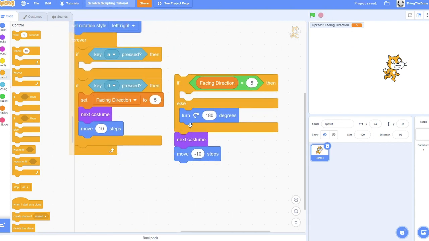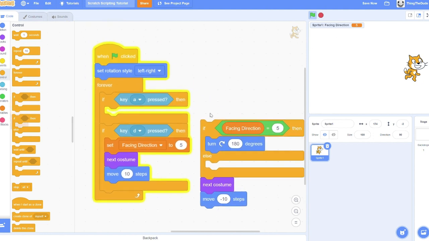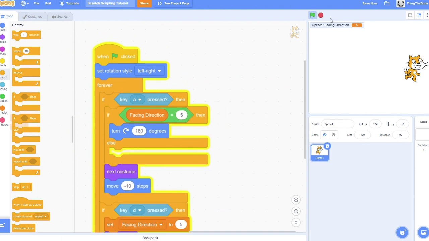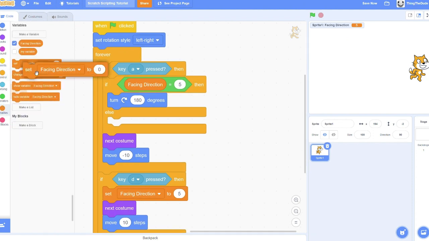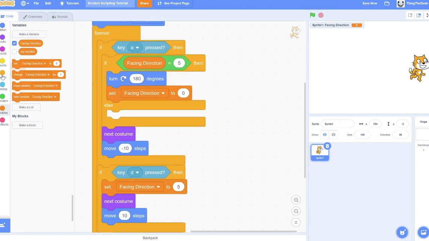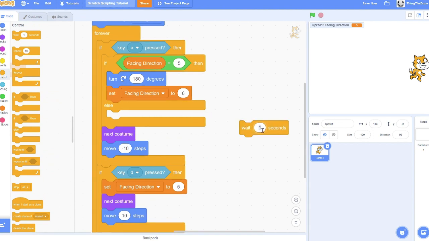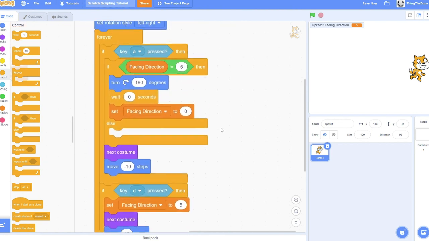So if it is 5, let's just move this from there to here. If it is 5, then we want to rotate. So if we're walking here, it'll be like, do. We actually gotta put this in here. If we're walking over here, it'll be like, do, but we're just gonna buzz back and forth. So we want to set facing direction to 0 after we turn. And it's gonna wait 0 seconds just so the game can actually recognize that something's going on. So once we've done that,